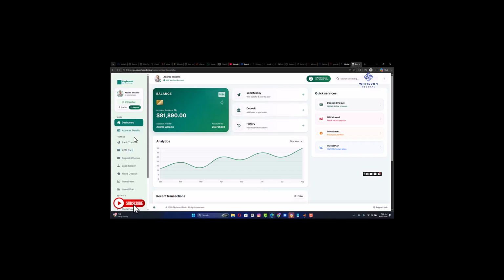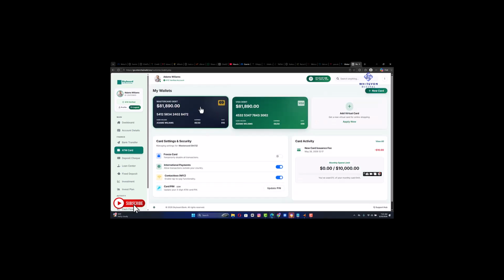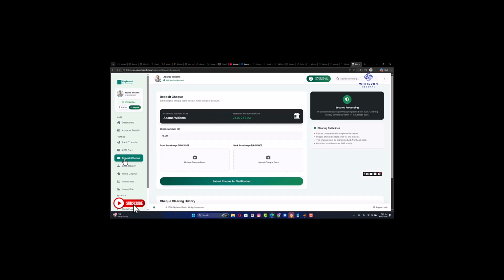So right here we have ATM card. So this is basically an interface where you can manage your ATM card. So right here we have MasterCard debit, we have Visa debit, so you can actually apply for more cards, right? So right here we have card insurance fee, $10, and so frozen card, international payment, contactless NFC, right? We have card PIN, right? So you can actually update your card PIN. So right here we have deposit check, right? So you can also make a check